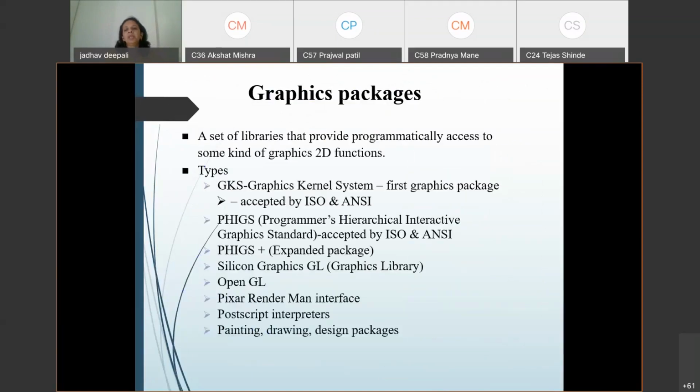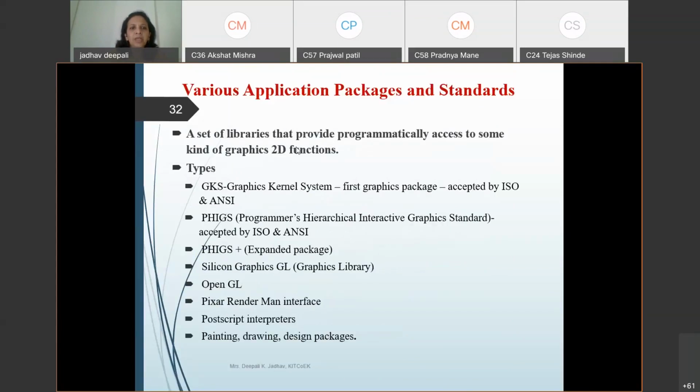Okay. So now the next part, that is graphics packages. Which graphics packages are available to implement all these applications? A set of libraries that provide programmatic access to some kind of 2D graphics functions. Some of them are here. GKS, Graphics Kernel System, the first graphics package accepted by ISO and ANSI.